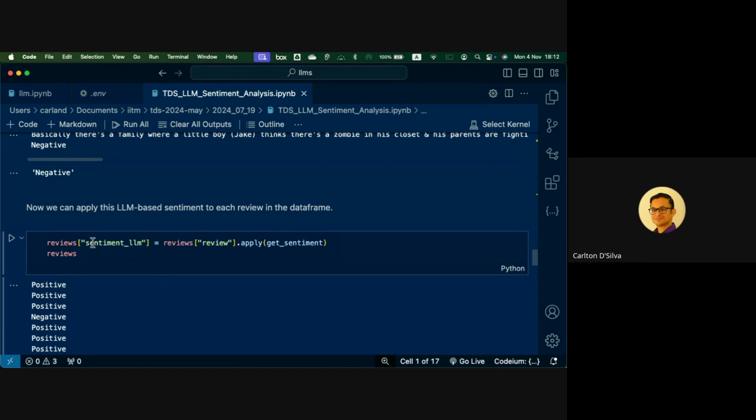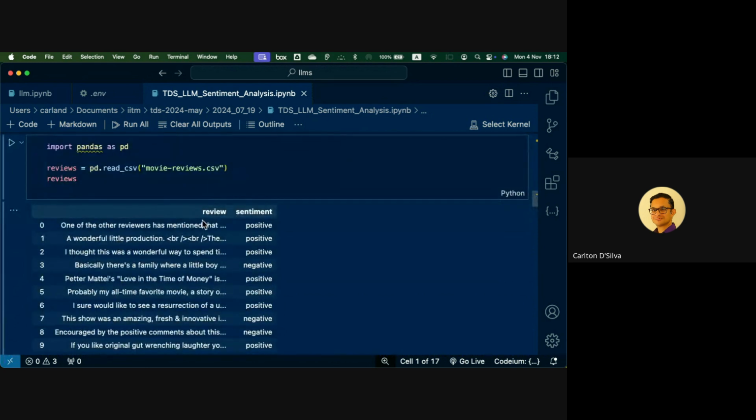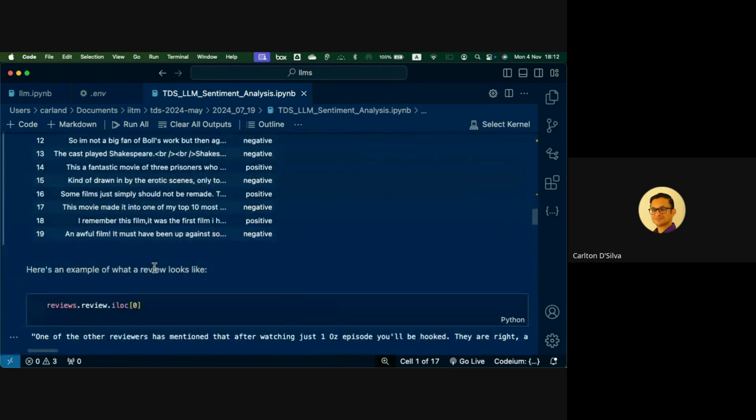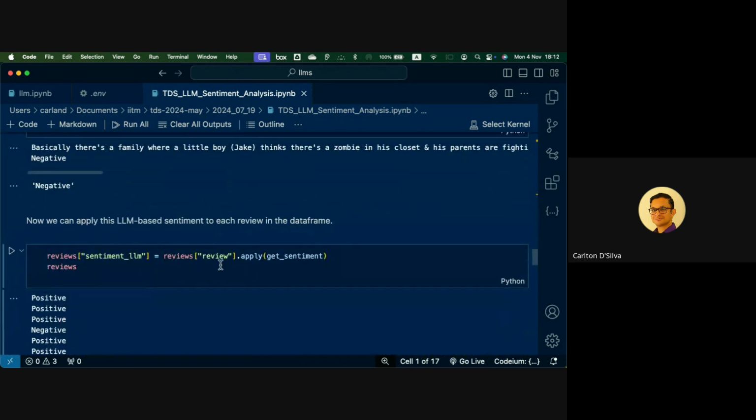So they took the pandas data frame and made a new column, sentiment LLM, and they have taken the review column and applied a transformation. If you've been in my previous sessions, you will know that this is a function. What is the transformation?